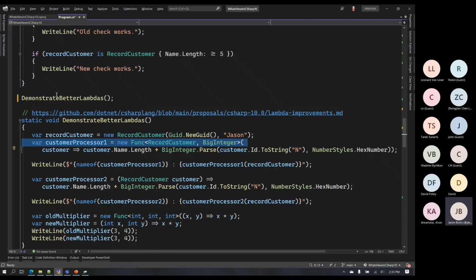The problem has been with expressions, because if you would do that, the compiler wouldn't have been able to tell, did you mean a Func of an int or an Expression of a Func of an int? And that matters. Well, in C# 10, they finally come to the point where they're saying, in virtually all cases, you mean a Func or an Action. That's the delegate that you're trying to express.